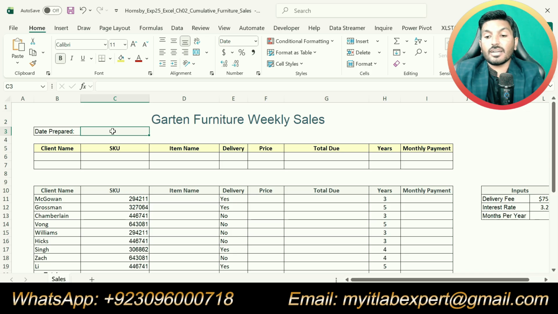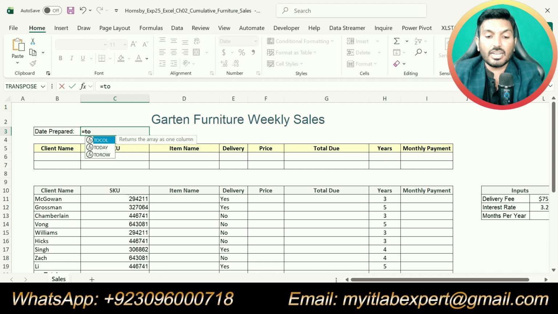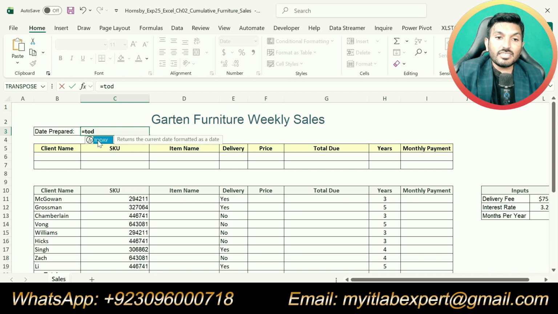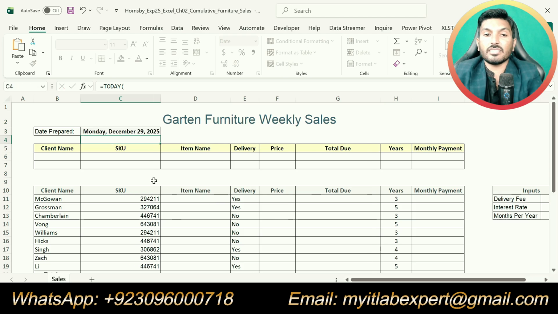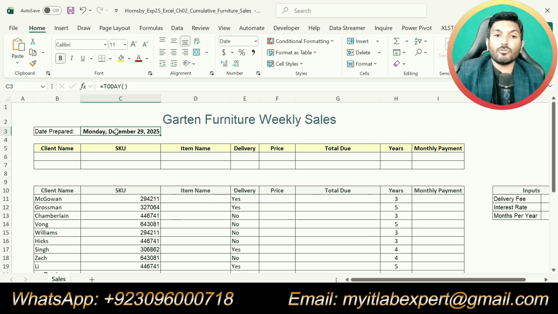To show the current date we use the TODAY function. Type an equal sign and type today, double click on the function and press enter. Now we got the current date in cell C3.